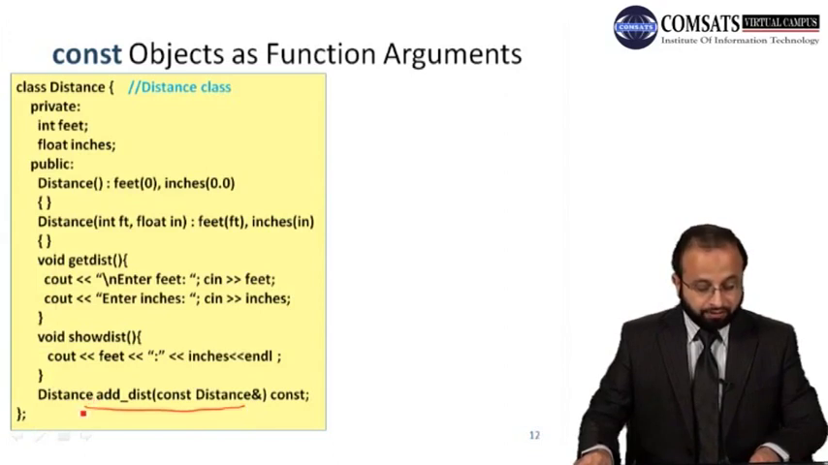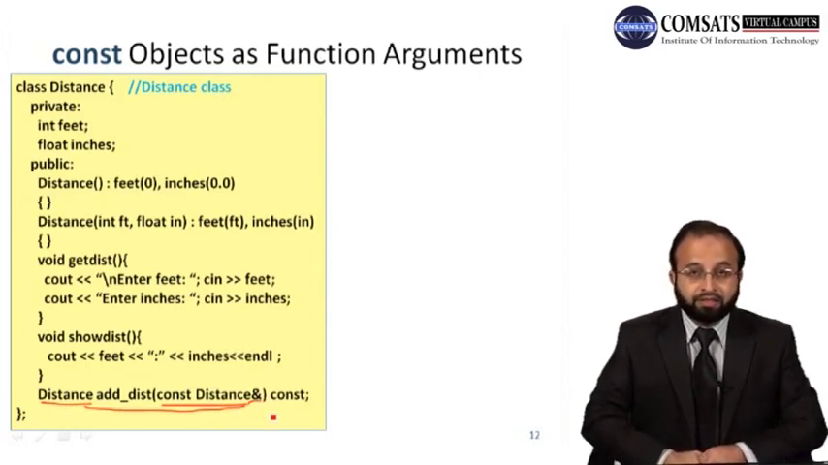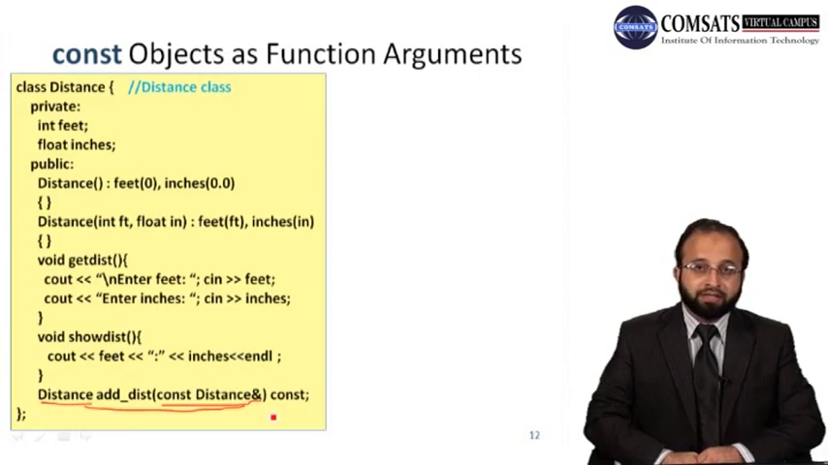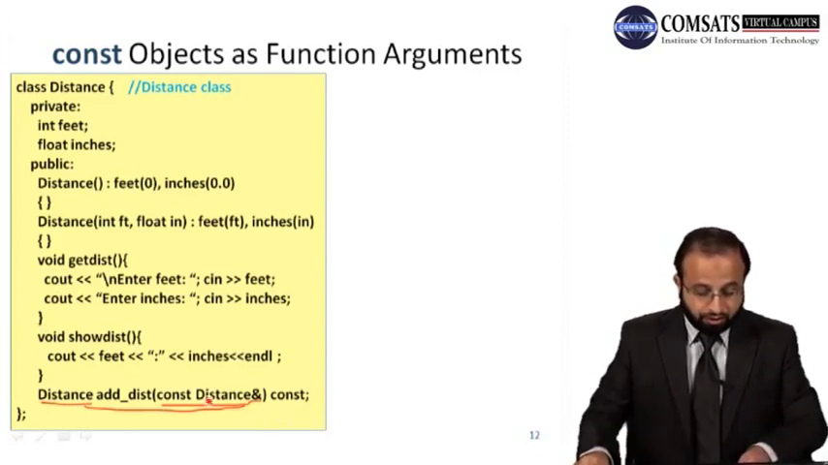In the add distance function, the return type of add dist is now a distance object. It returns a distance object, and the parameter we are going to pass to that function is a constant reference of a distance object, a constant referenced object of distance type. This means that we are passing the reference of the object to this function, and if the constant keyword is not here, then it is possible for the add function to change the value of